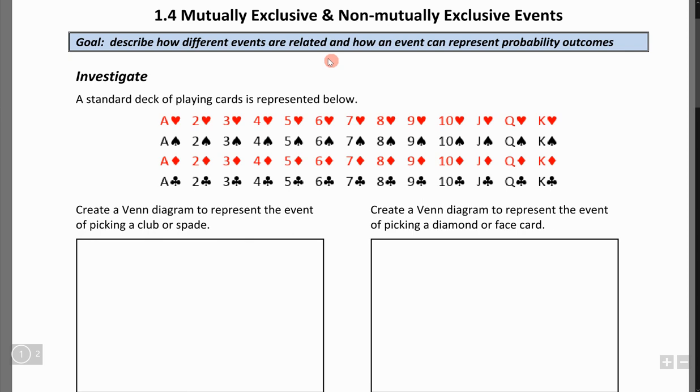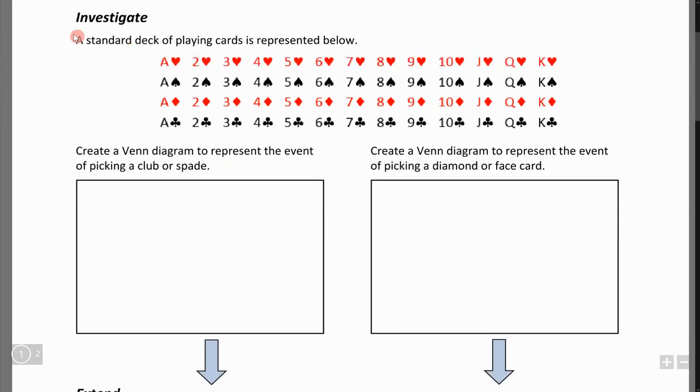So here's section 1.4, mutually exclusive and non-mutually exclusive events. So let's investigate a standard deck of playing cards. Again, these are all the cards represented in the standard deck of 52 cards. So you see you have hearts, spades, diamonds, and clubs, and numbers from ace all the way to jack, queen,